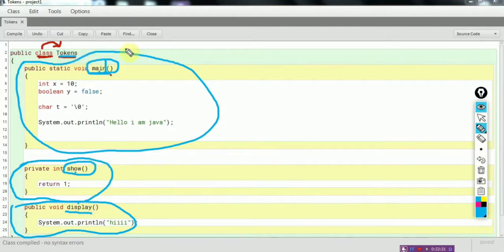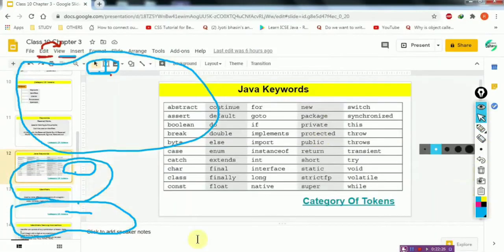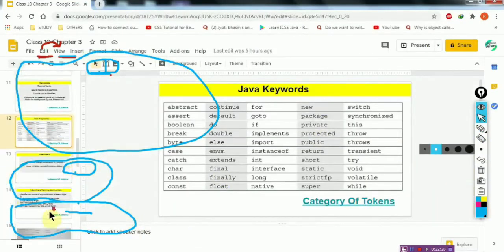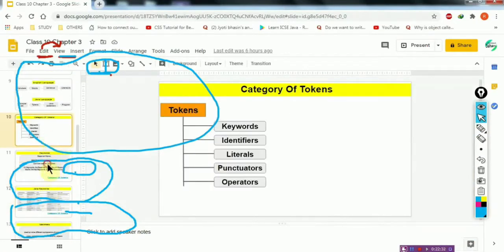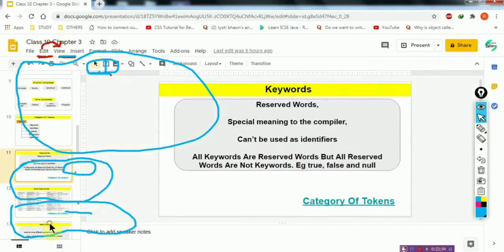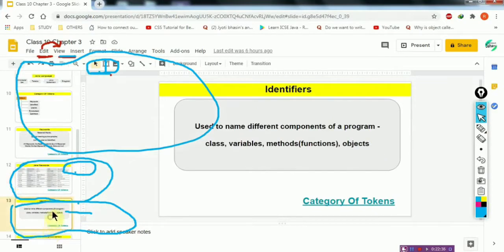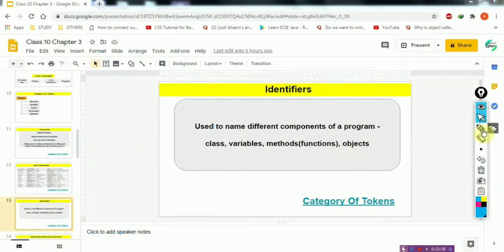So I've covered class example and functions example. Now I'll explain variables